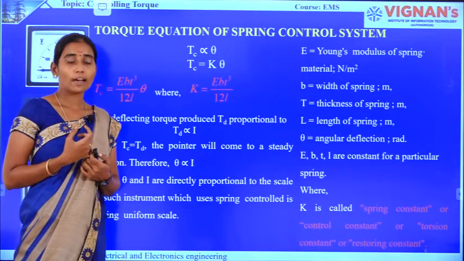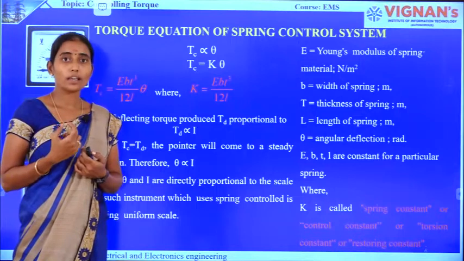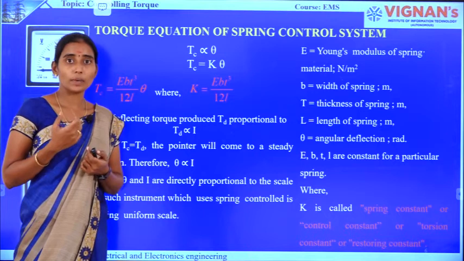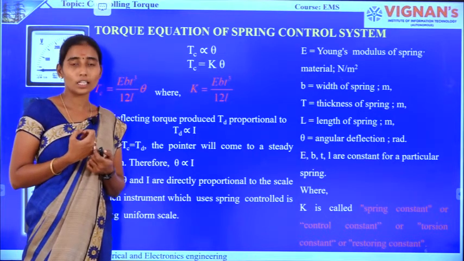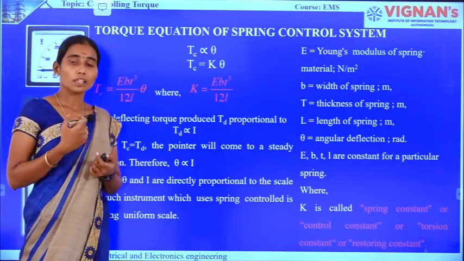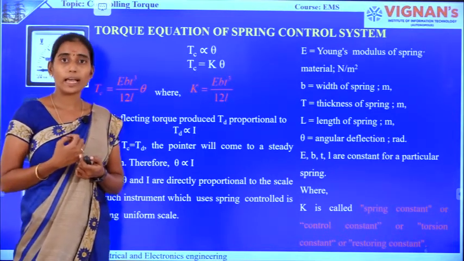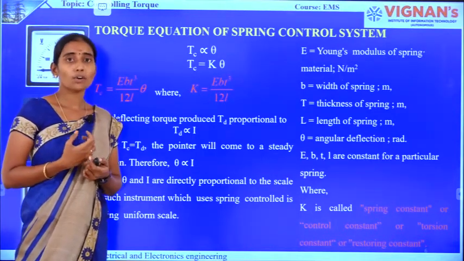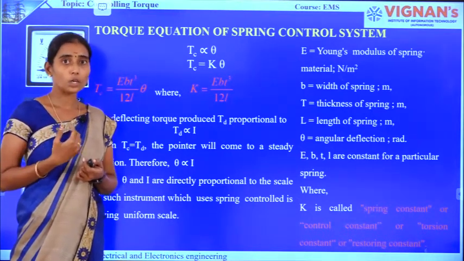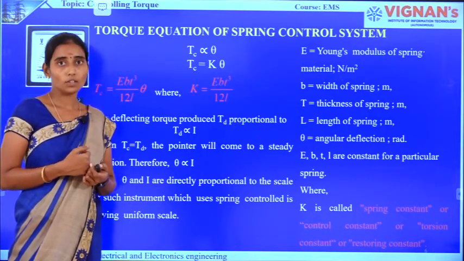They should also have good cross section. When you are using your springs as connecting leads for the coil, the cross section of the spring should be such that it can withstand the current flowing through the coil, and moreover it should have small resistance. The spring should be proof from mechanical fatigue. It should also have low temperature coefficient of resistance. These are the characteristics that the springs need to possess, so that they can be used for the production of controlling torque.